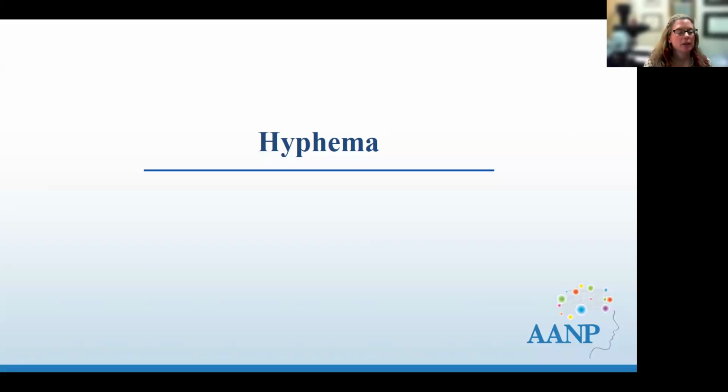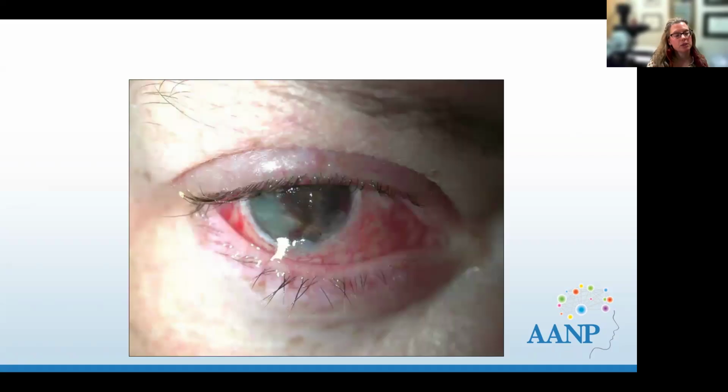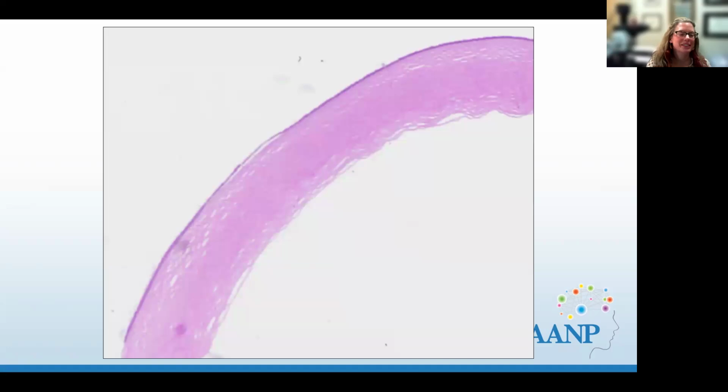You'll see hyphemas quite often. This is blood staining of the cornea. And so in terms of a clinical view, you'll see that the cornea will be dark and violaceous colored, and seeing that clinically, you would think of blood pretty quickly in a history of trauma. But when you look at the cornea, it's not that impressive on low power. It's kind of a clinical history that you want to have to go looking for, because sometimes it's more subtle